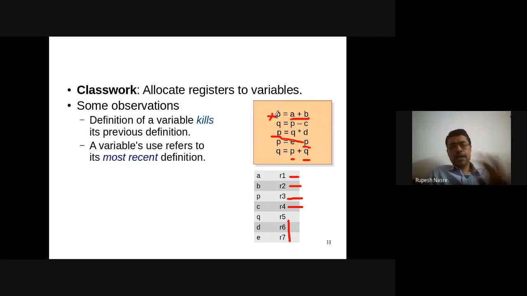This seems natural, but it turns out that it's not as easy as it sounds, and as you get into memory modules in the context of parallel processing, this will become more complicated. But for now, in the sequential setting, it suffices to say that the use refers to the most recent definition. So I need to just have a lexicographic comparison backwards from a use, and whatever is the first definition that I encounter, that is going to be the most recent definition.